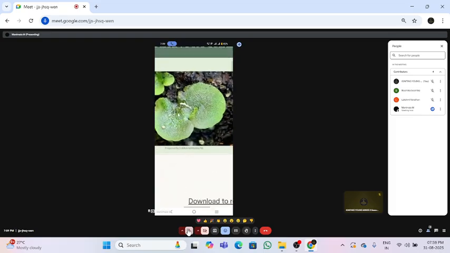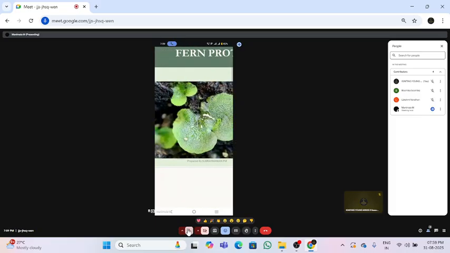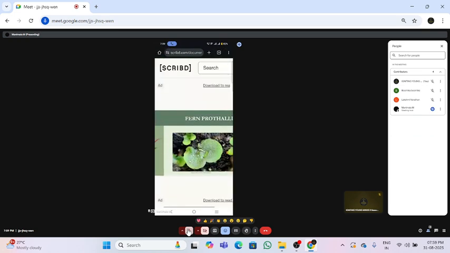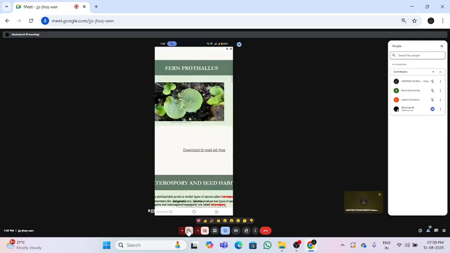In this prothallus, both the male and female reproductive organs are present. So this is the heterosporous condition we will discuss. Before that, I will complete how the antheridium and archegonium meet and how the reproduction takes place. Can you give me an example where the heterosporous condition can be observed?